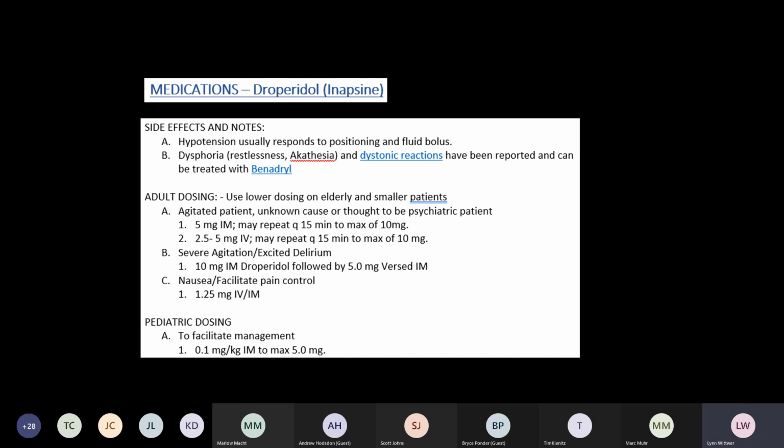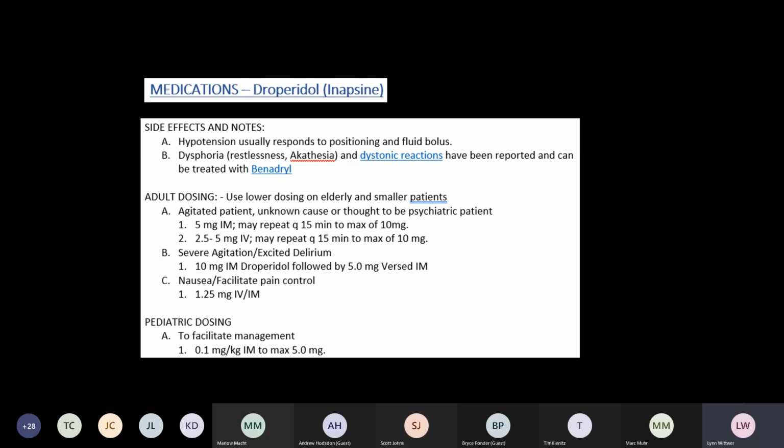Hypotension usually responds to position and to fluid boluses. Occasionally, they get what is called akathisia: restlessness, a creepy, crawly, icky feeling, and they can't sit still, and they get really agitated. Occasionally, a dystonic reaction is reported, but all of those, including akathisia, can be treated with Benadryl, 50 milligrams IV for the adult, and that takes care of 90% of it. If they have any agitation after that, or if this doesn't take away their symptoms after about 3 to 4 minutes,